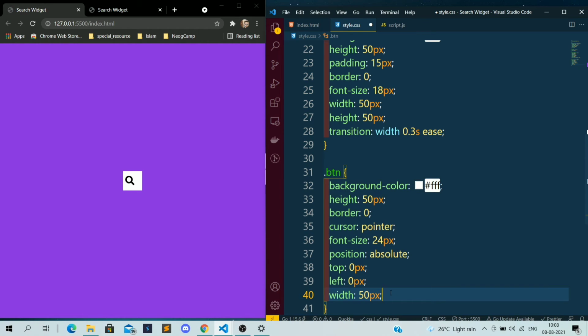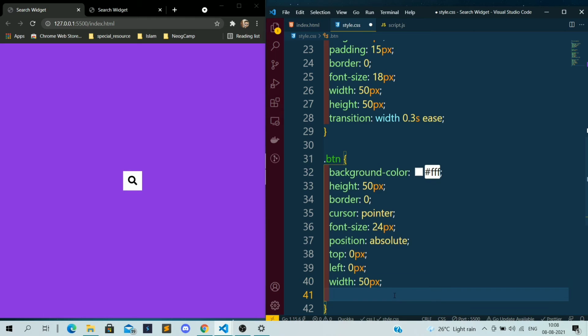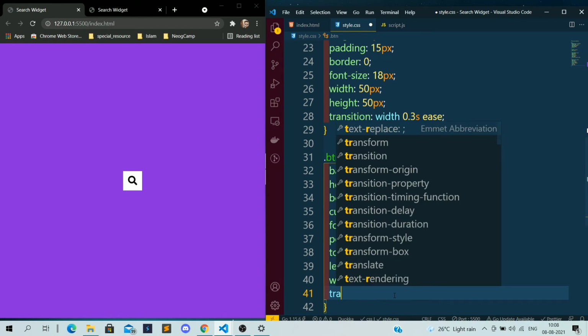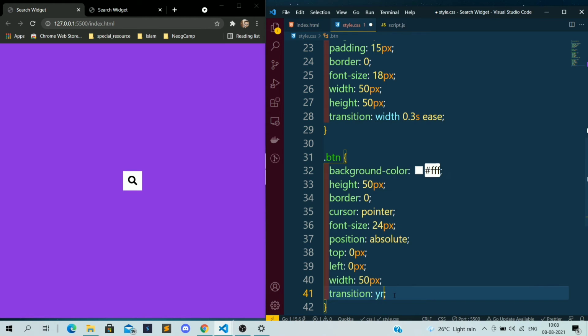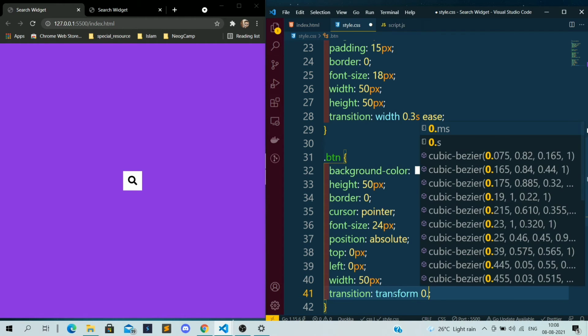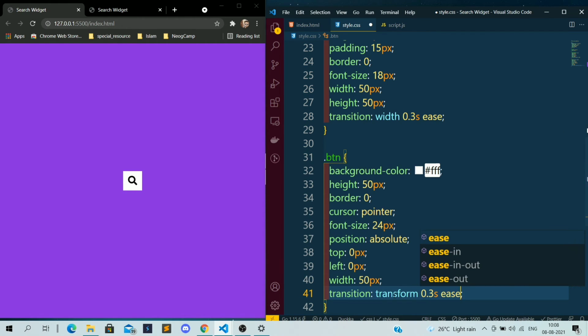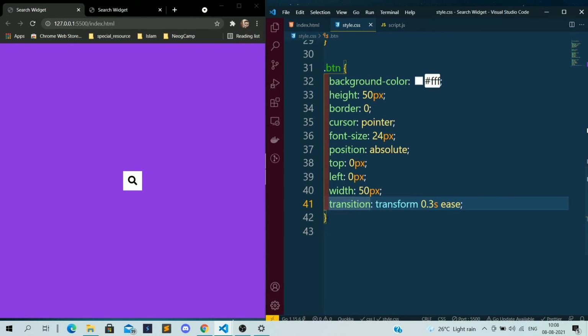So I want this button to be on the input field initially, so I've given the width also 50 pixel. Now it is showing correctly. Since I have to add the transition for this search icon also, transition transform with 0.3 second in an ease format. That is why I have added this.